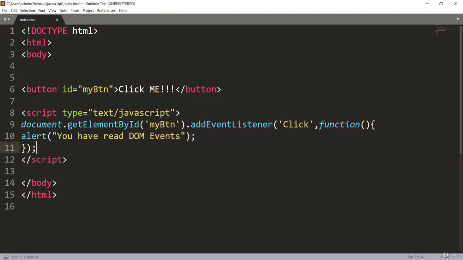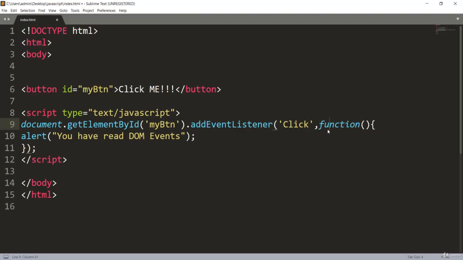So what we did here was we took the element by the ID of the button, which is basically the button HTML element, with this method, and we add the event, which is the click event, to this button. When the user presses that button, this function will be invoked automatically.